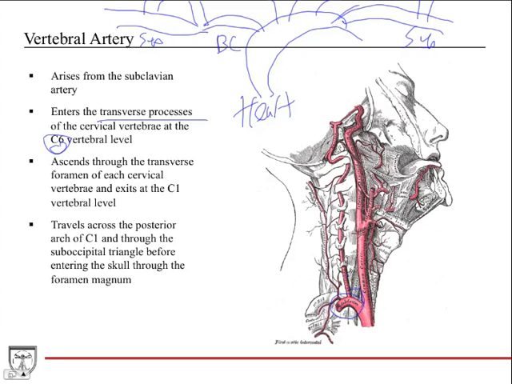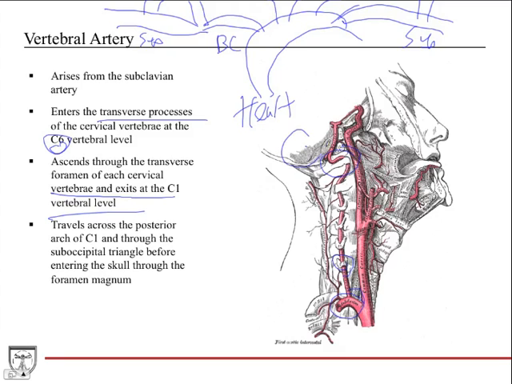So you can see it here traveling in the foramen and ascending up through the cervical vertebrae. It goes through each cervical vertebra and then exits at the C1 vertebral level. So you can see that here. Then it forms a nice loop-like structure, traveling across the posterior arch of C1. Remember, there's an anterior arch and a posterior arch of C1. Then it travels through the suboccipital triangle,